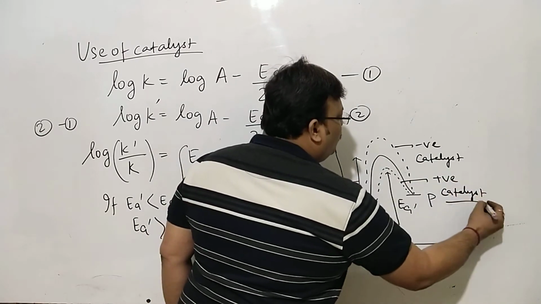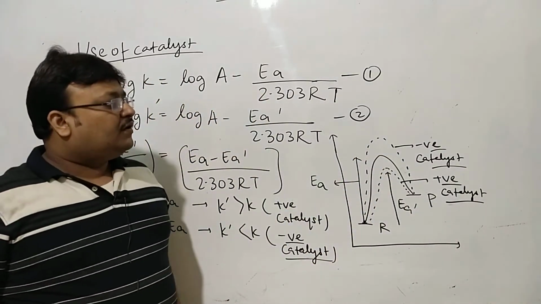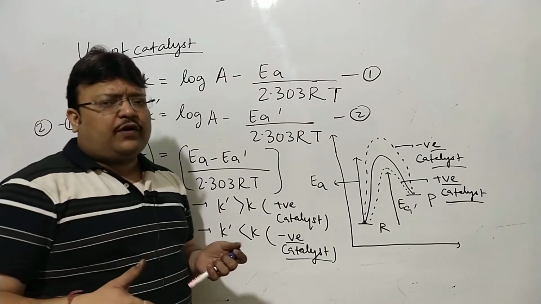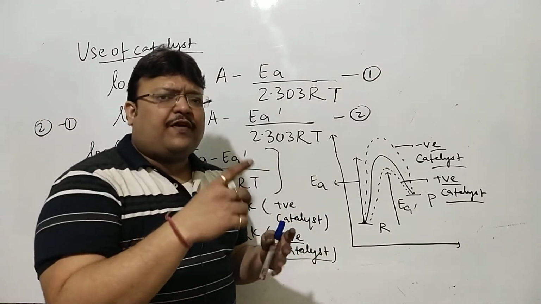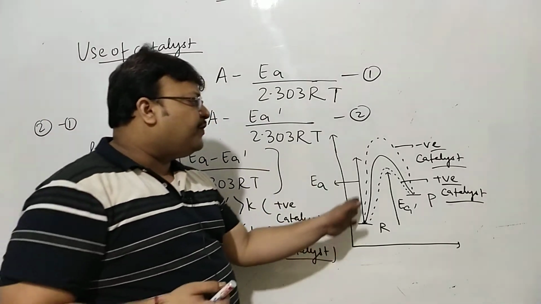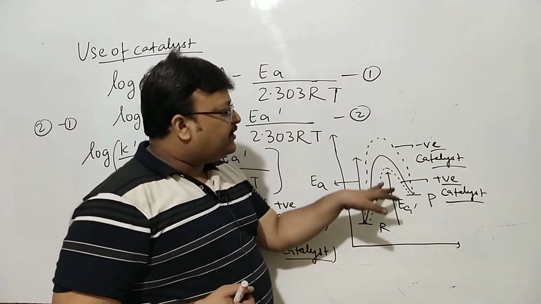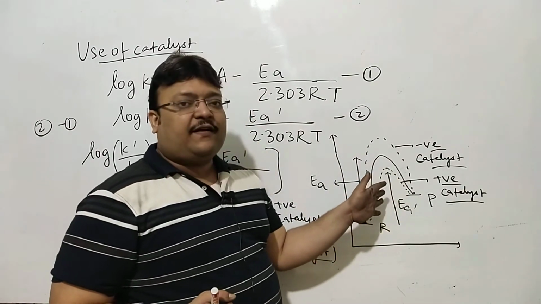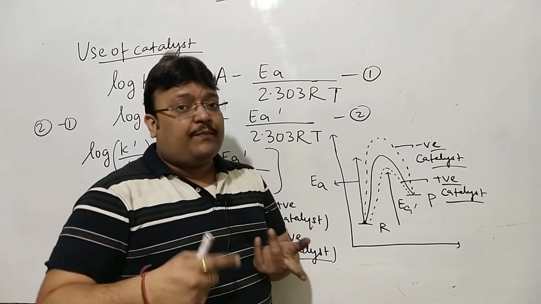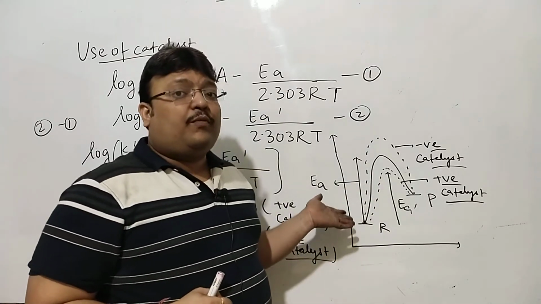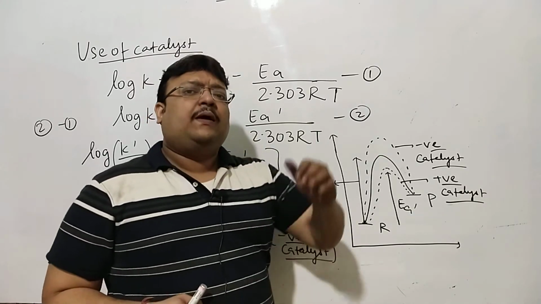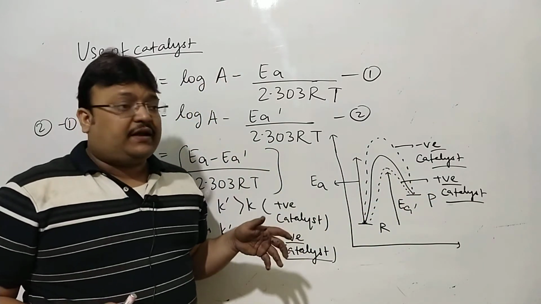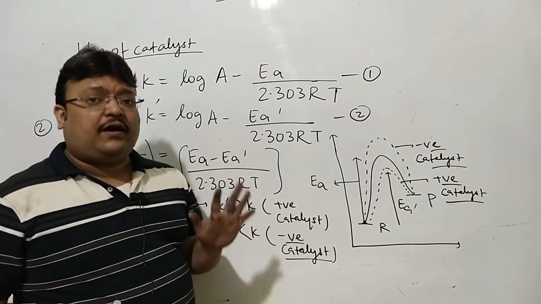I can explain the role of the catalyst logically with the help of this energy profile, which is for a fundamental one-step process. For real reactions, the energy profile might be a little complicated. But very logically I can see that if the energy barrier is lowered, more molecules can cross the energy barrier. There were two ways. One, provide more energy, increase the temperature, so that more molecules can get activation energy, or two, bring down the energy barrier, decrease the activation energy, which a positive catalyst does. In case it increases the activation energy, you will want to call it a negative catalyst.